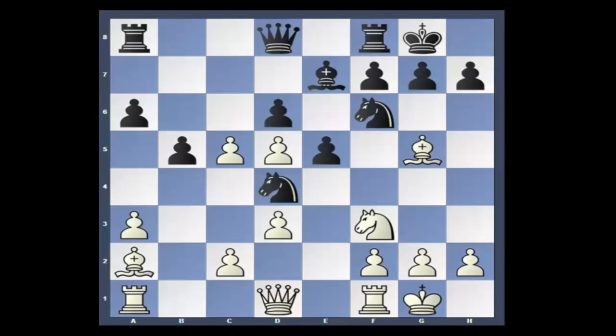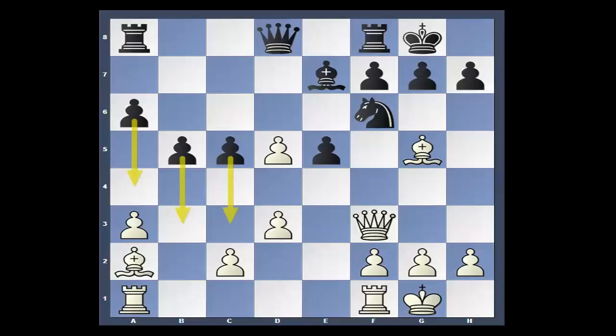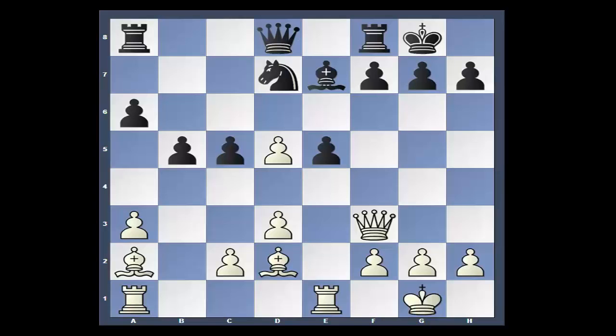Pawn takes. And the in-between move, knight takes check, queen takes, and then d takes. Now you're going to see, it looks like that maybe black might get a passed pawn on this side. We'll have to see how it works out. Rook to e1, knight to d7, bishop to d2,